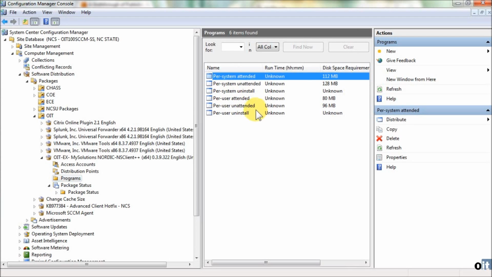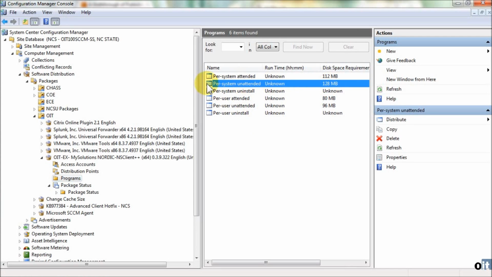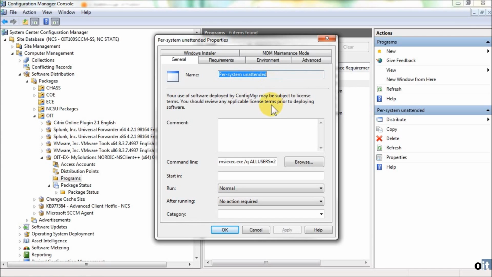I find it very useful to have these and to have them all identified so that you can have the most flexibility and least chance of a typo as you're cutting and pasting the programs. I will edit the per system unattended instead of creating it from scratch. You could also create it from scratch. The command line that it pulls is the basic msiexec /q for quiet, which is what makes it unattended. ALLUSERS=2 is the install for all users in a per system. I'm not entirely sure what the /m is doing here, but that's why I enjoy using the wizard. For apps that are documented on appdeploy.com, or which the vendor gives additional command line options,